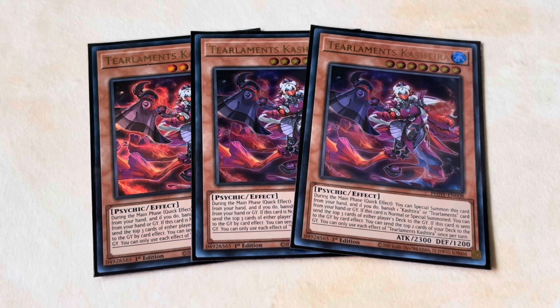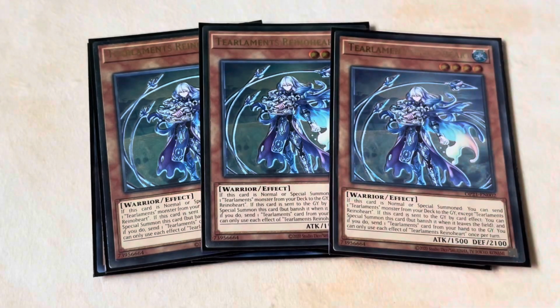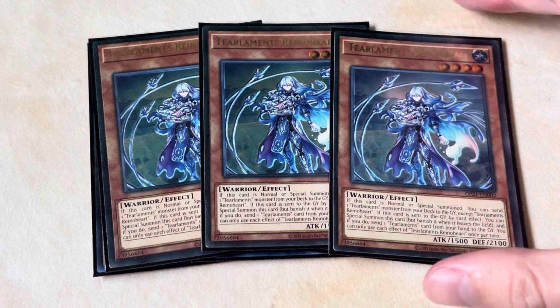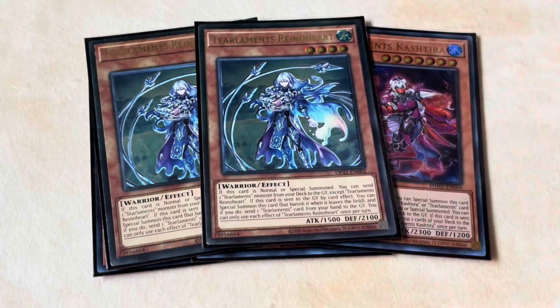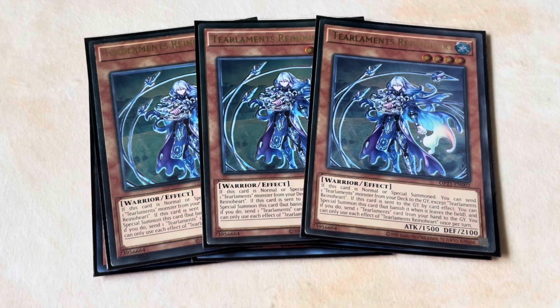And then something that I was previously talking about in previous tier deck profiles, where I'm always going back and forth on if you want to play 1, 2, or 3, is Tearlaments Reinoheart. No more indecision. You have to play 3 now just because we don't have Kelbeck or Guido, which means that we can't just mill one of those and hit the lottery by milling 5 more. You pretty much have to rely on Reinoheart to be able to send cards in order to actually get your engine going, because a lot of the time, depending on your hand, you'll go Reinoheart, normal or special effect, send Tearlaments Kashtira, mill 2,